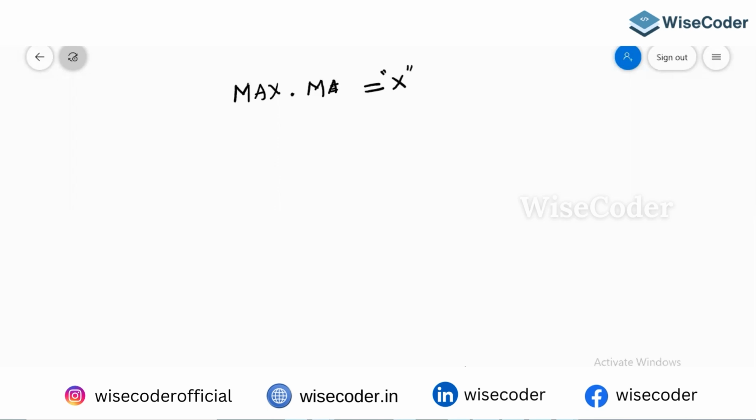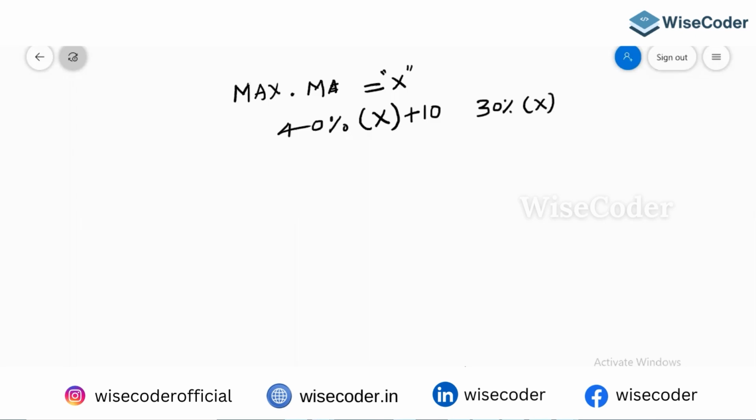Candidate A got 40% of the maximum marks, so 40% of X. And he got 10 marks more than the pass mark. So if I subtract 10, he will just pass. The other fellow got 30% of the maximum marks, and he